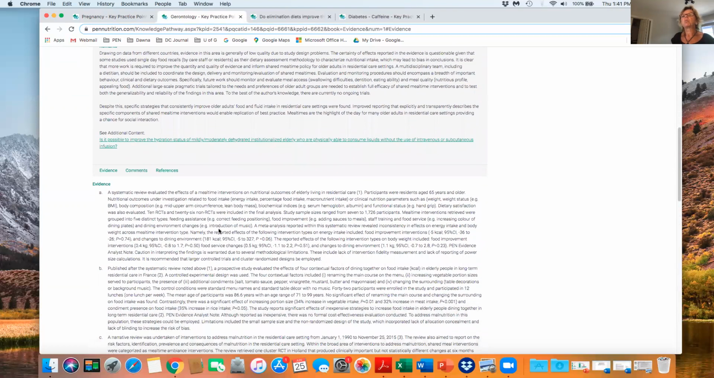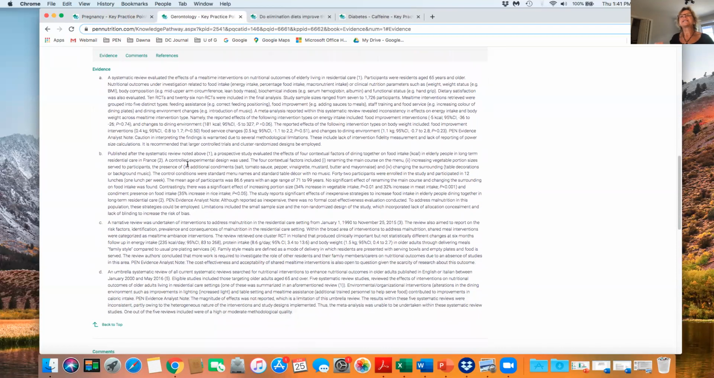So those are a couple of different examples of how evidence was included to answer the specific questions. One where it was only based on a systematic review, and another based on multiple